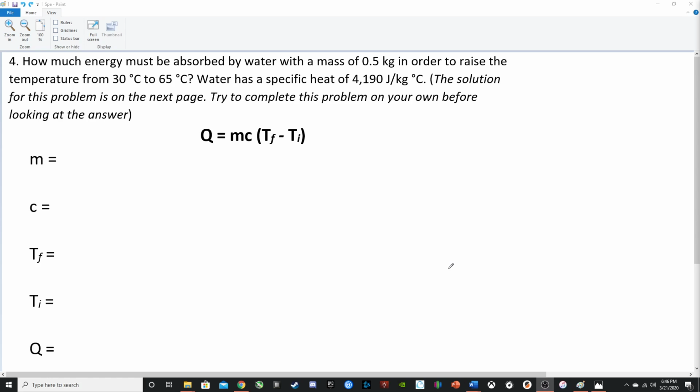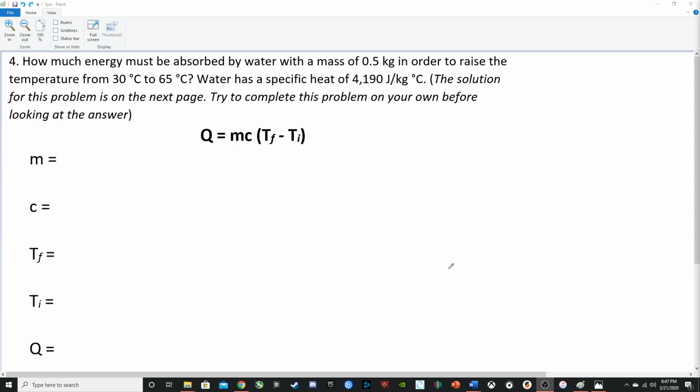It goes through the notes a little bit more in depth than what the packet does, but those are kind of your two options. So hopefully you've at least watched the video or gone through the notes before trying to attempt these problems. But just as a little bit of review, don't forget that we can actually figure out the